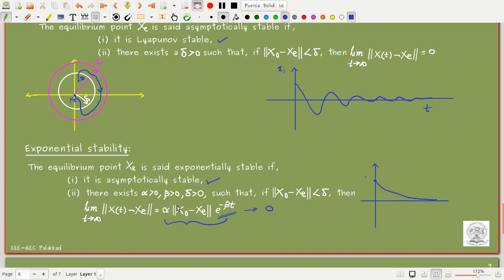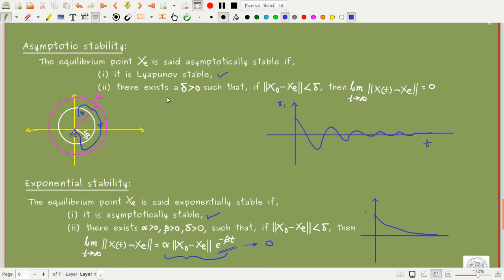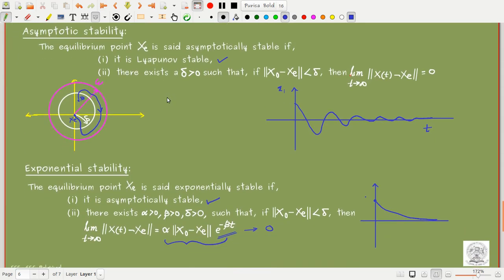So in all these cases we are choosing the equilibrium point. That means the delta distance, we are going to choose this delta close enough to the equilibrium point. And everything should be true for every epsilon for the system. That means it should be in the neighborhood of the equilibrium point. The system is stable, asymptotically stable, or exponentially stable.